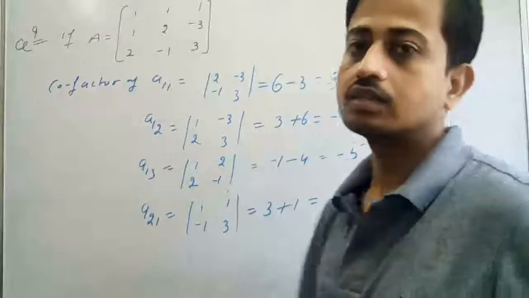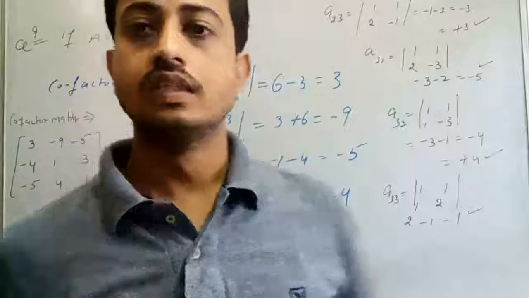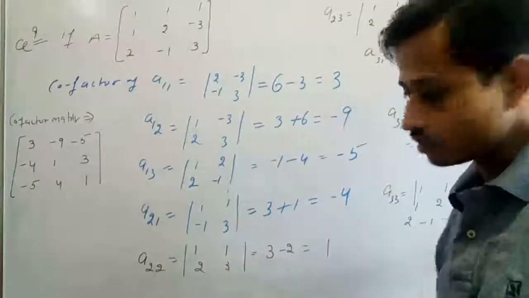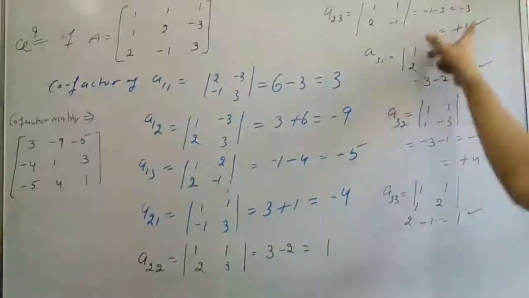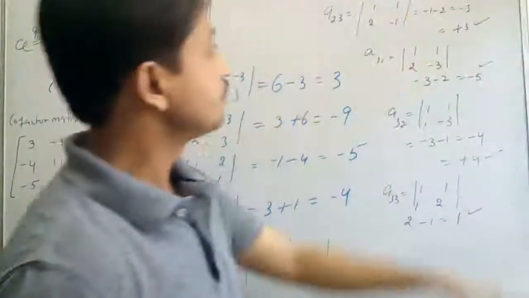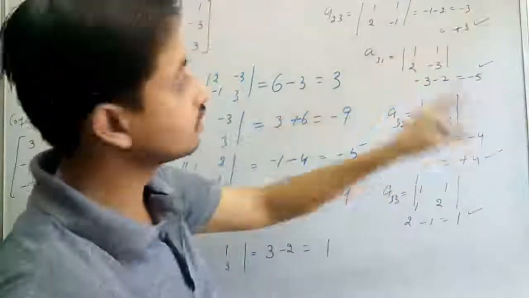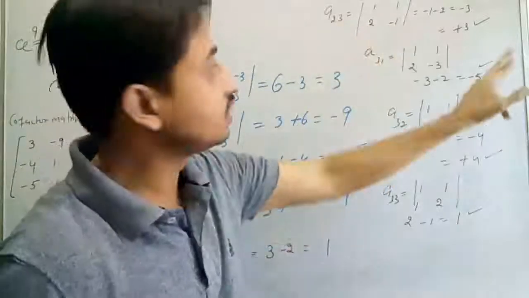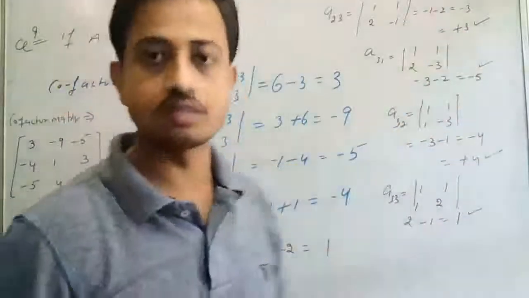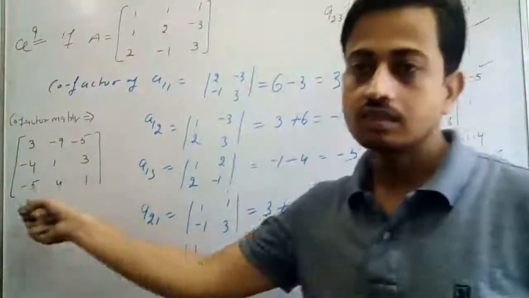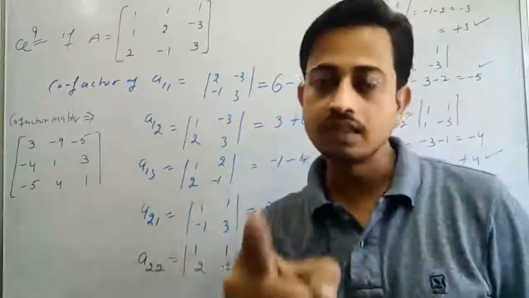In a similar manner, do it yourself and calculate all the cofactors, and verify them. So we get these cofactors. Please make a note. I am writing this, for example, minus 3. So we get the solution minus 1 and minus 2, minus 3. But 2 plus 3 is odd, so we have changed the sign to plus 3. In this similar manner, you get all the cofactors and verify. We get this cofactor matrix. So do verify and please make a note.